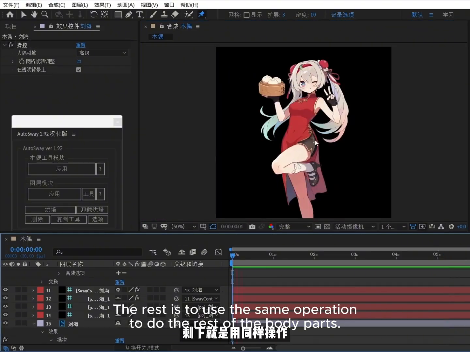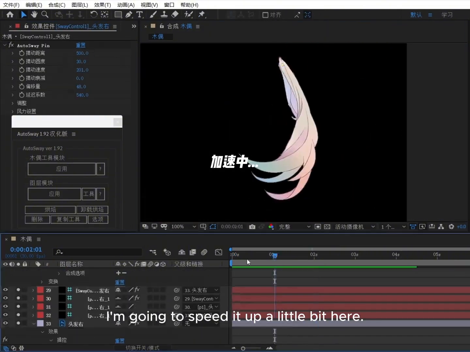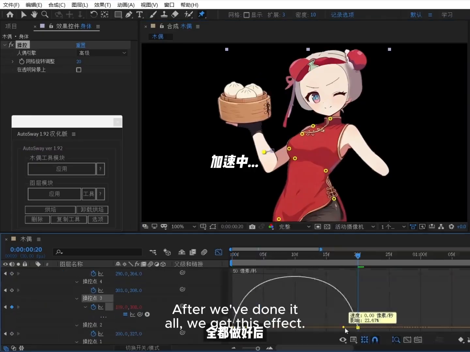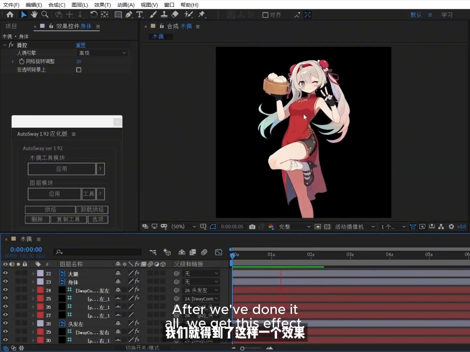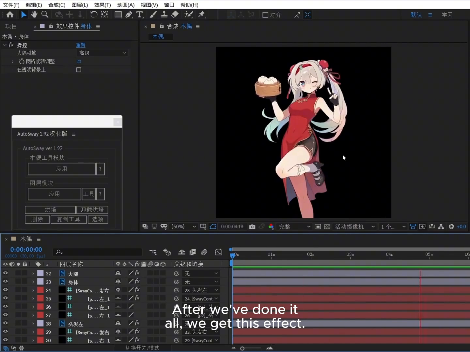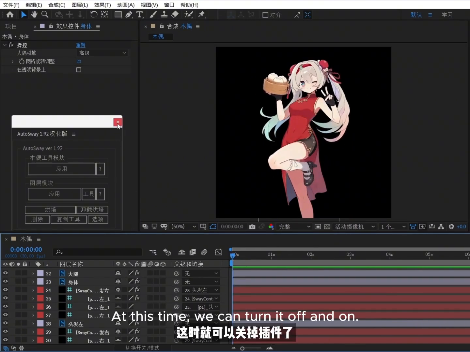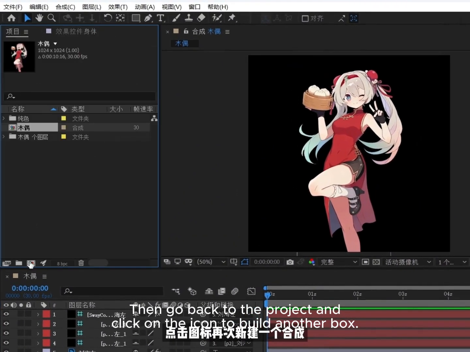The rest is to use the same operation to do the rest of the body parts. I'm going to speed it up a little bit here. After we've done it all, we get this effect. At this time, we can turn it off and then go back to the project and click on the icon